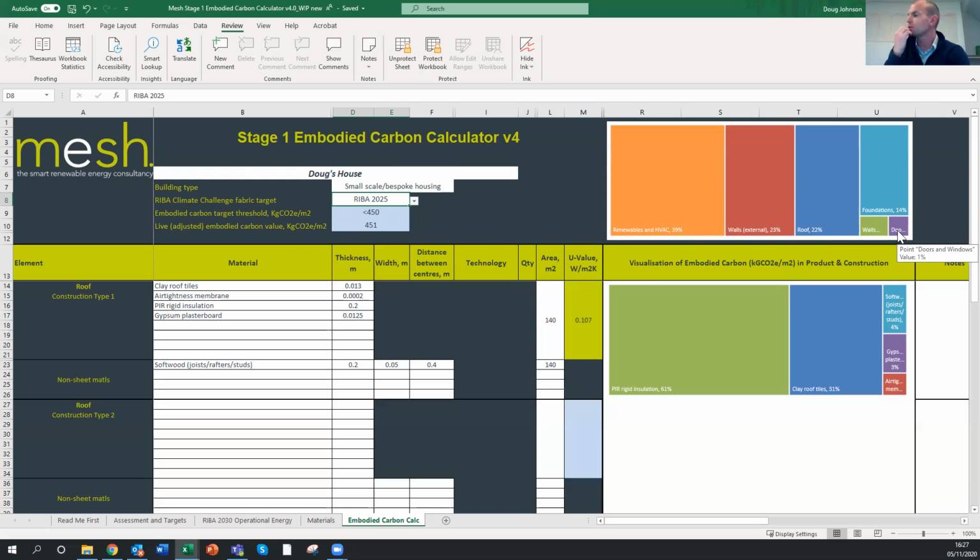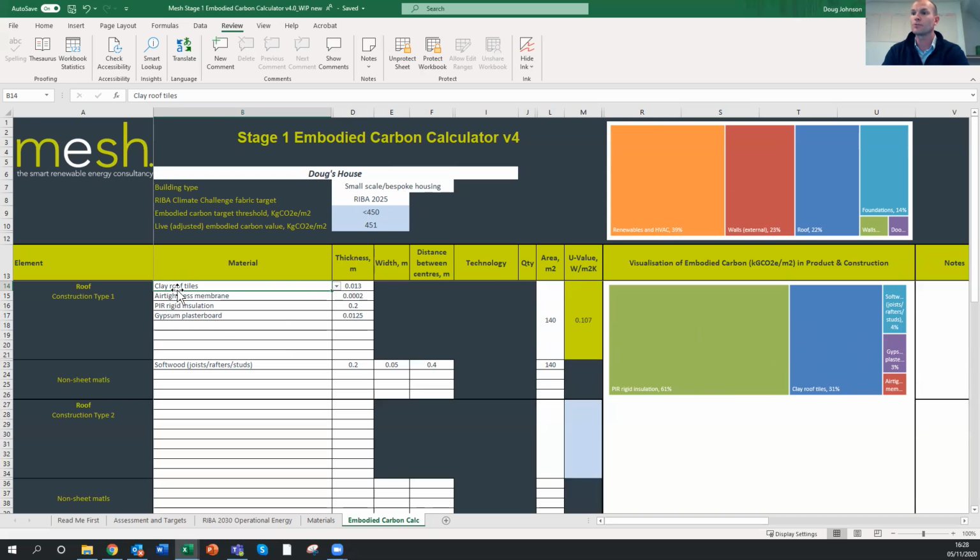And actually, if you hover over it with your cursor, it gives you the full title and the percentage if it gets into a tiny little box. So you can see whole building immediately what contribution these various elements of the building are making. And as you drop in your materials and your thicknesses for your elements of the constructions, in this particular case for the roof, and you put in the area over which that construction covers, again, you get immediate feedback on proportionally which of those materials has the higher level of